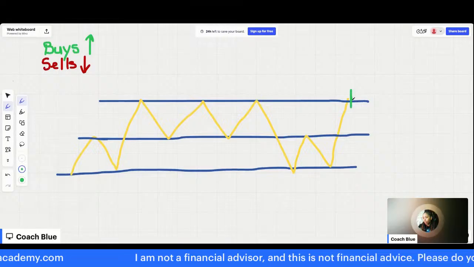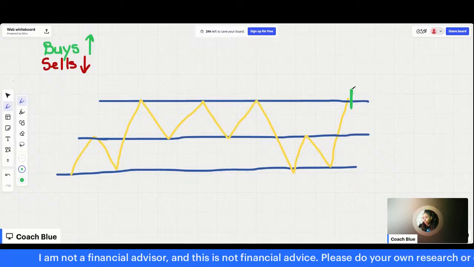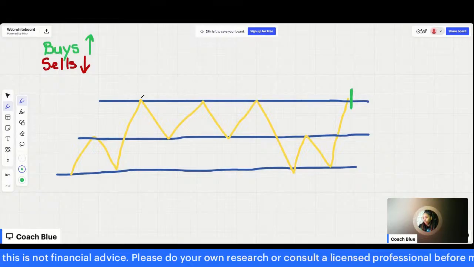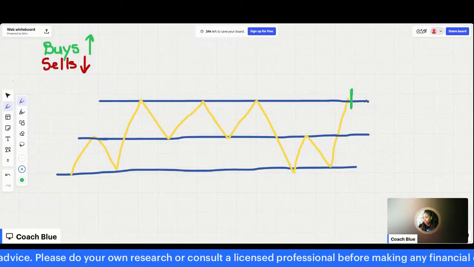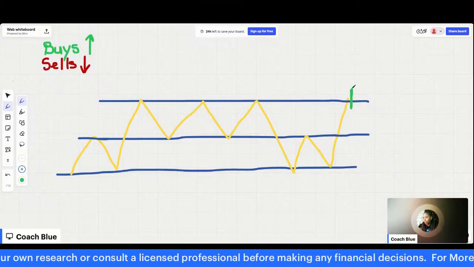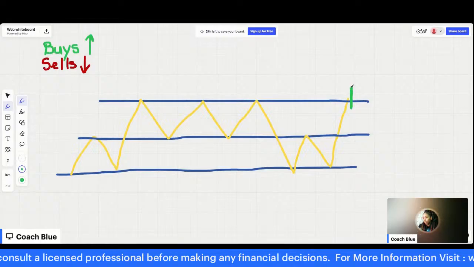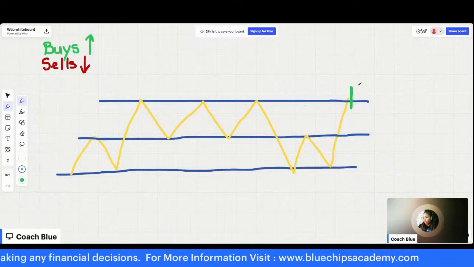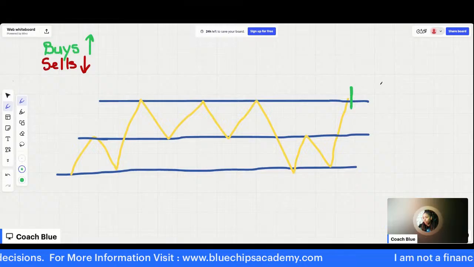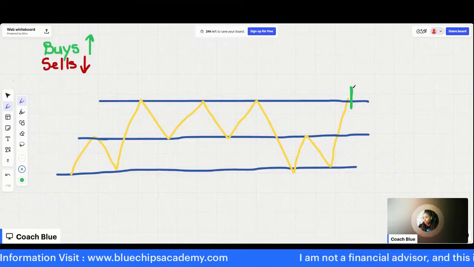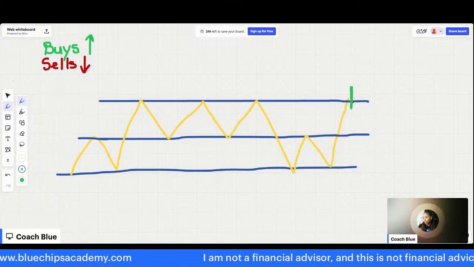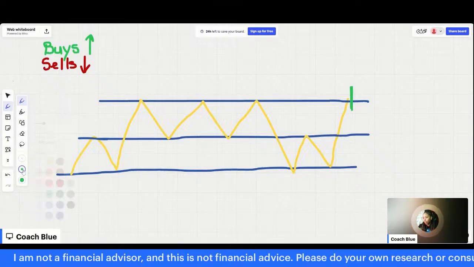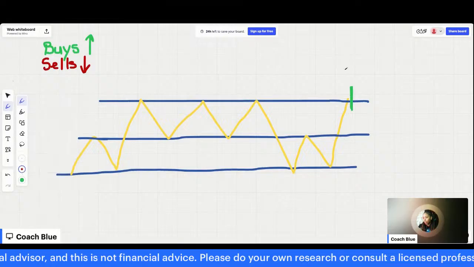We look for a breakout. So imagine that this is a green candle. It broke past this key level right here. The candle broke past this key level. But that's not enough because sometimes when price just breaks out like that, it'll come right back down in the channel. And now you got into a buy up here and price just reversed on you. Okay. So we got our breakout, but then we have to look at the next move, which is a pullback.